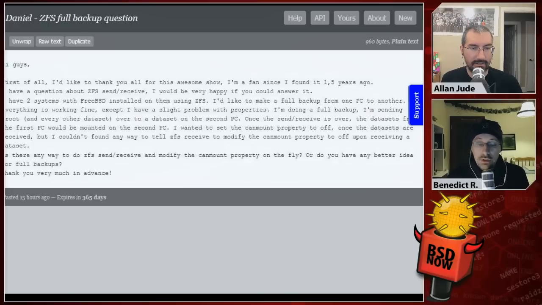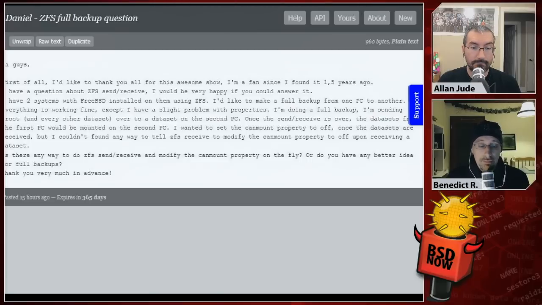Yep. And also don't forget about bookmarks, which is not quite what we were looking for right now, but they can help with an interrupted send. What bookmarks allow you to do is not keep the old snapshot on the source system. If you want to do incremental replication from like last week to this week, normally you had to keep last week's snapshot around, which meant it took up space for any files you've modified in the last week. If you create a bookmark out of that snapshot, you can then delete the snapshot, gain the space, and the bookmark keeps track of where you were, and it can send all the new data as part of an incremental. Oh, okay.